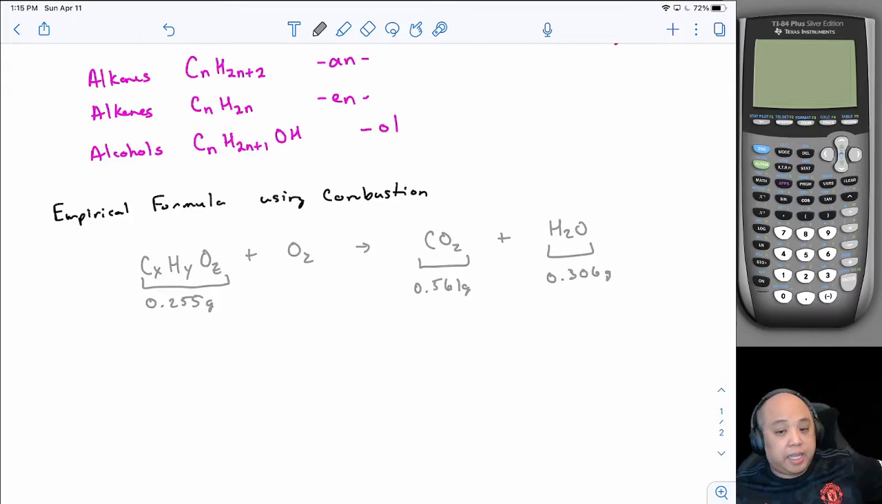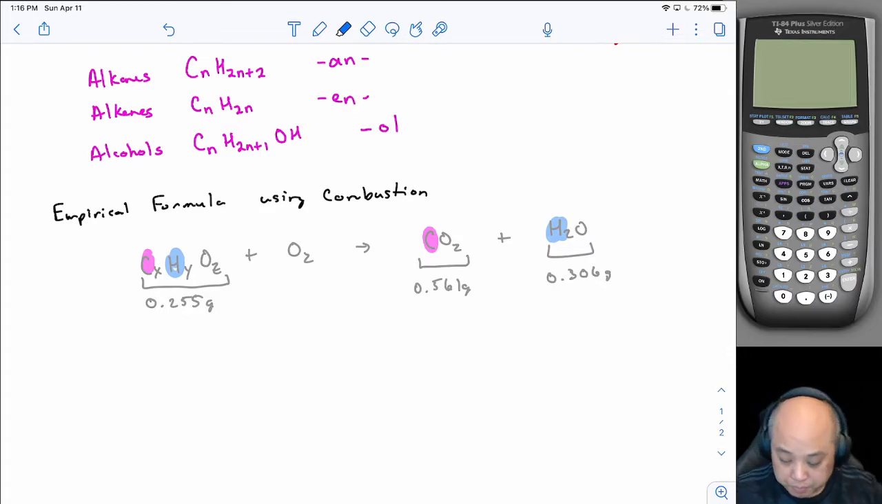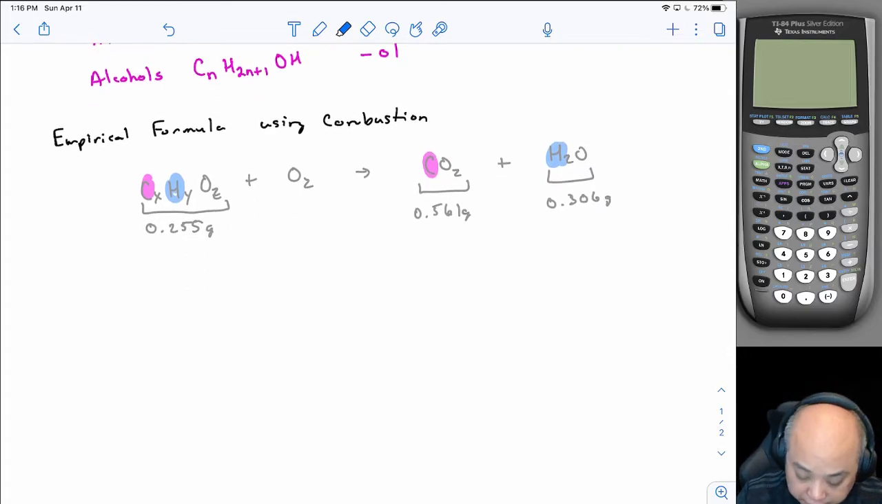And so what you have to understand is that there is a law of conservation of mass, meaning that matter can't be created nor destroyed, which means that the amount of carbon that's in this CO2 is the same as the amount of carbon in our unknown compound. And the amount of hydrogen in this water is the same as the amount of hydrogen in our original compound, because that's the only source of carbon and hydrogen in our reactants. And so if we can figure out how much carbon is in our CO2 and how much hydrogen is in our water, then we could figure out how much carbon and hydrogen we started with in the original sample. And to do that, we have to calculate